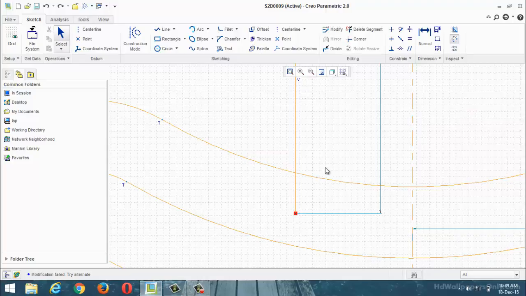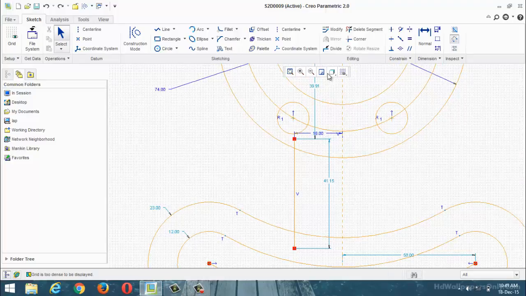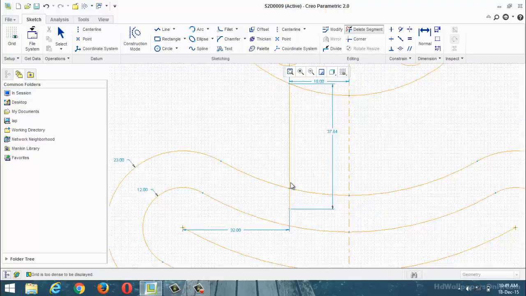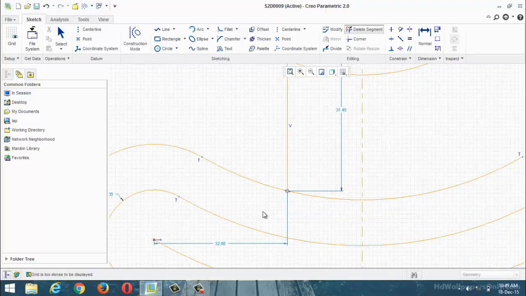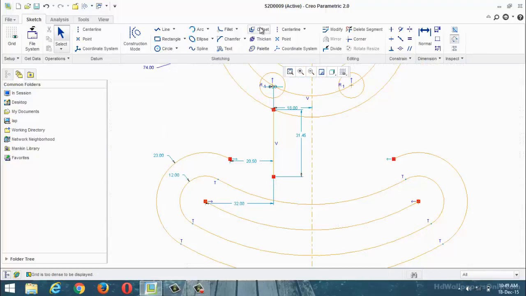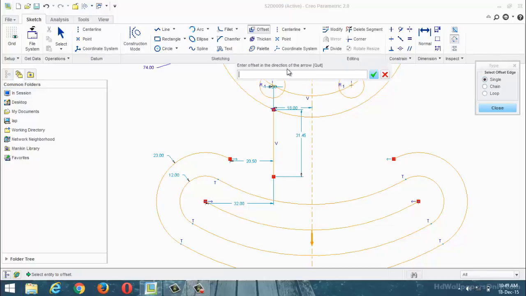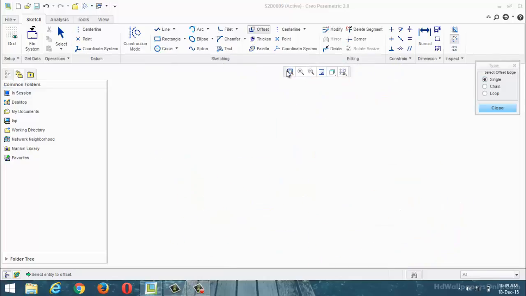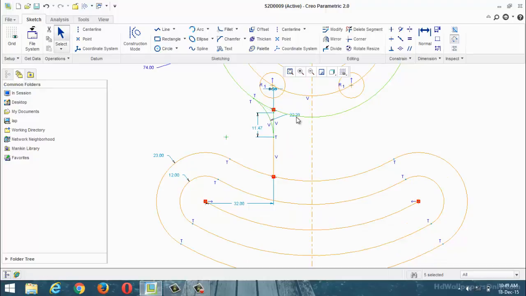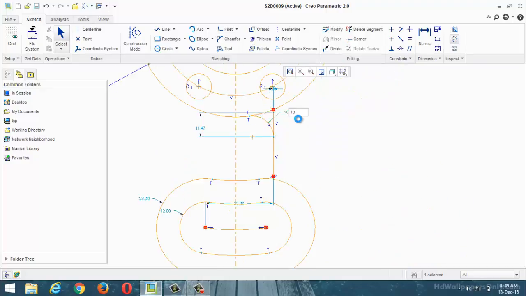Just wait. Now first you can apply delete segment for extra lines. Again this one also. Now see here, I am going to delete this line. Again you can apply the offset. This center one, how much? -23. Again apply the fillet. This one to this one. How much value? 10. This one changes to 10.